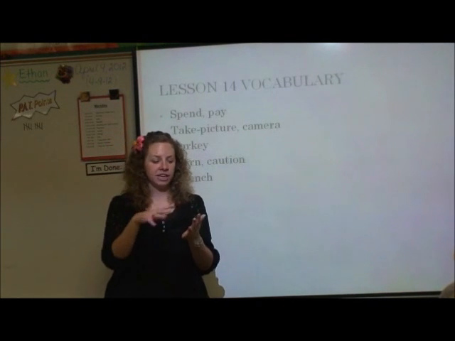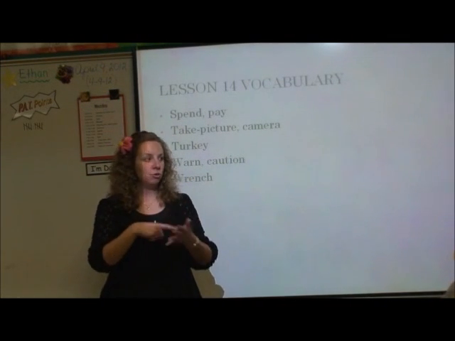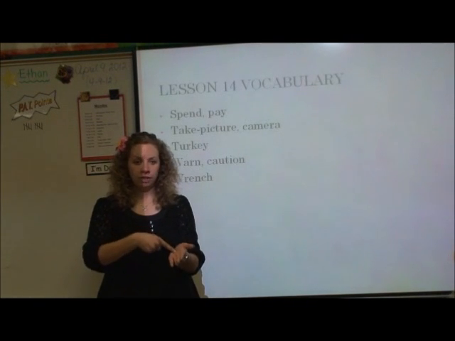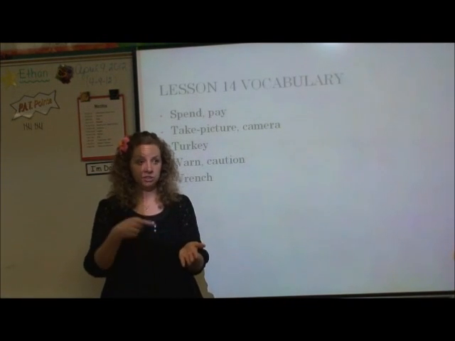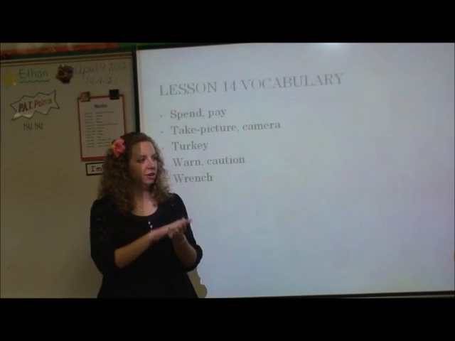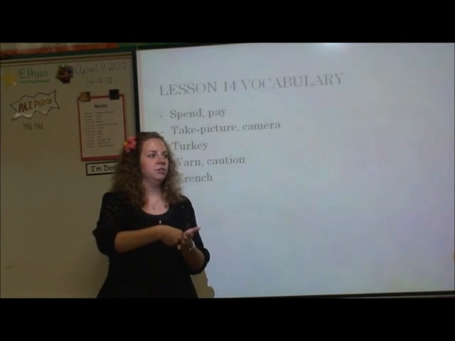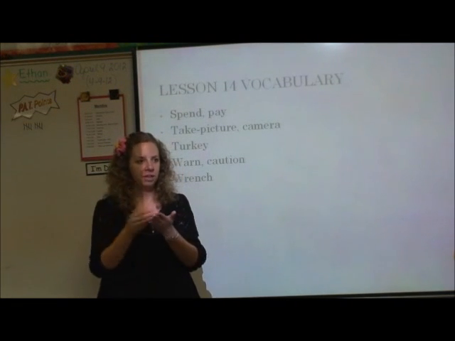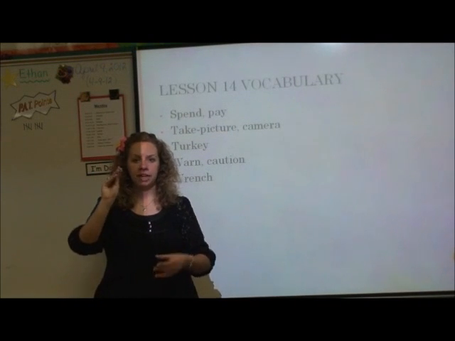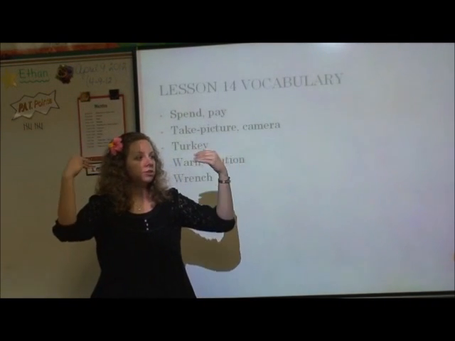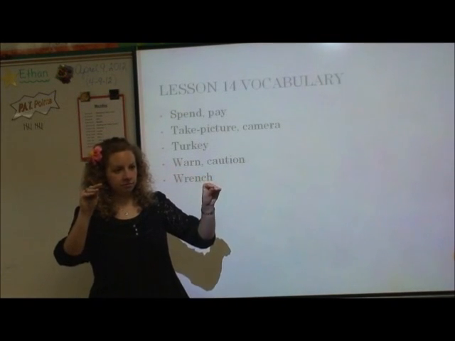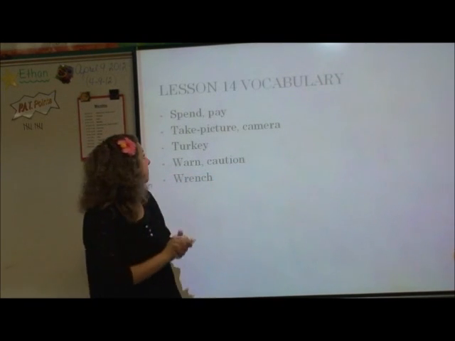A lot of the stuff right here, like required or demanded, you can do this way. This is owed, like you're pointing to it, this is what you owe me. You have pay. A lot of the ones right here, like money, shopping or buy, I bought something. And in this same hand shape is where you get store, or I'm selling it. I sell it, with the same hand shape. Okay?